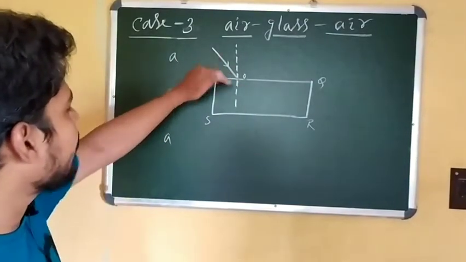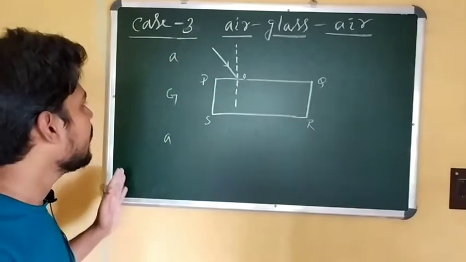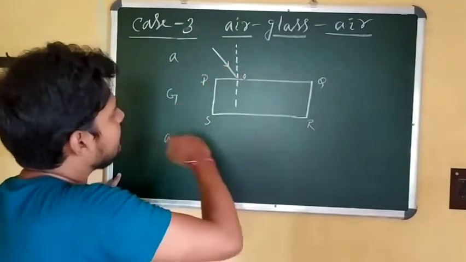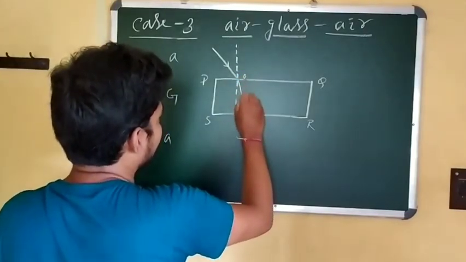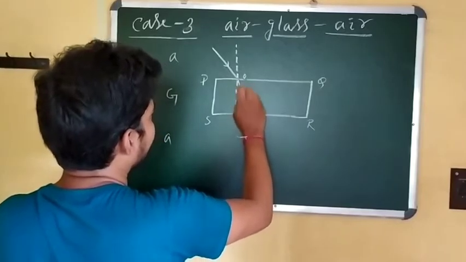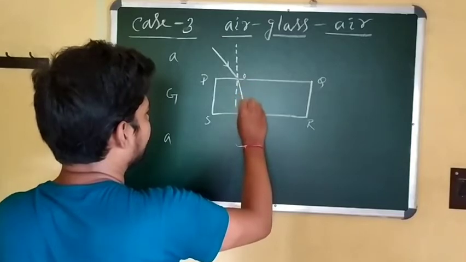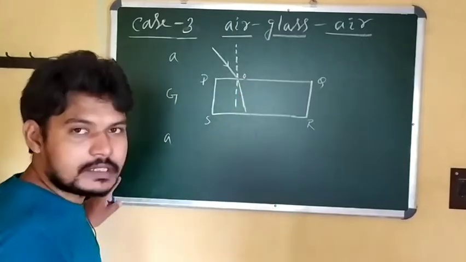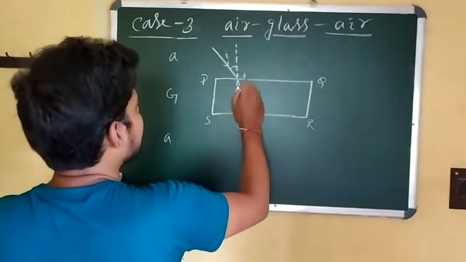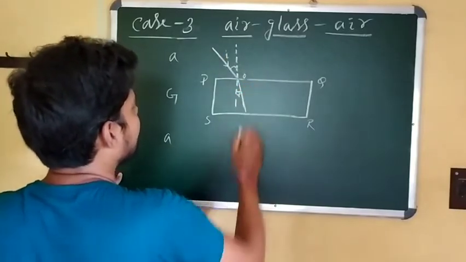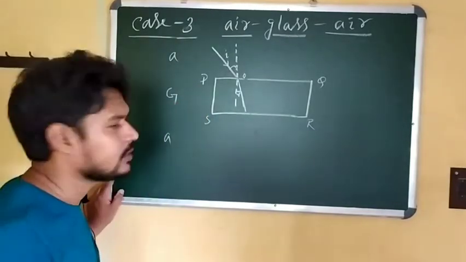So at the point O, light is coming from rarer to denser. Now all of you know that when light is coming from rarer to denser, then it shifts towards the normal, in this way. Okay, so I represent this. I draw the total line like this. As you can see, the angle of incidence is I, and that is the angle of refraction R. So angle of refraction R is smaller than I.